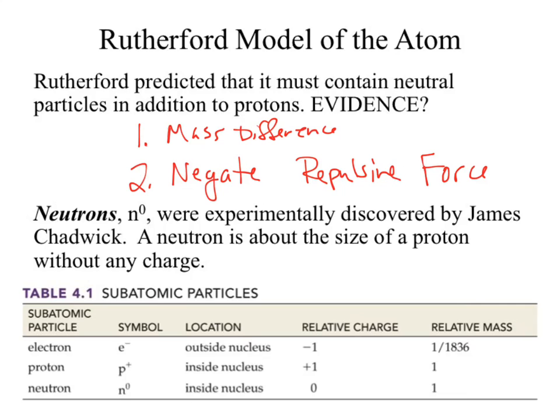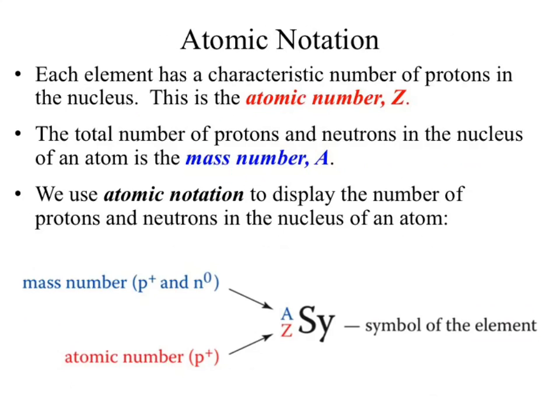Okay? So now what we're going to do is take a look at atomic notation. So we've got symbols. We can use those symbols, but if we take a look at our periodic table, there's a whole bunch of extra numbers on there. Those numbers we can use. They have some extra information. Those numbers are referencing our protons, our electrons, and our neutrons. So they're giving us some information about that.